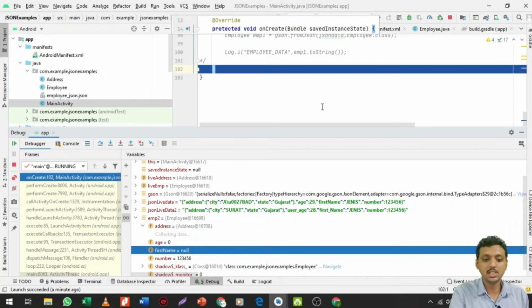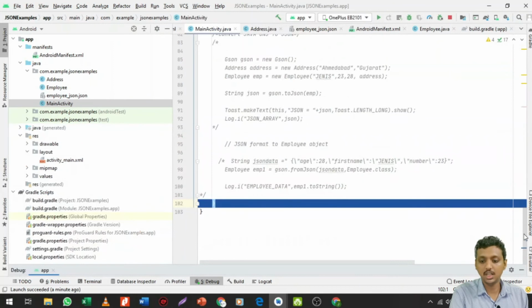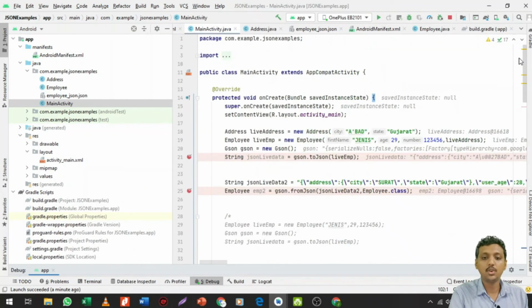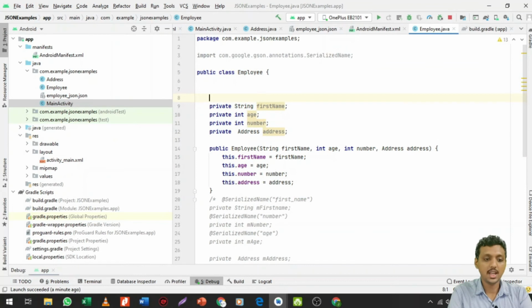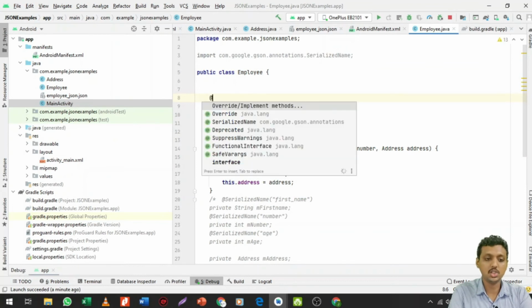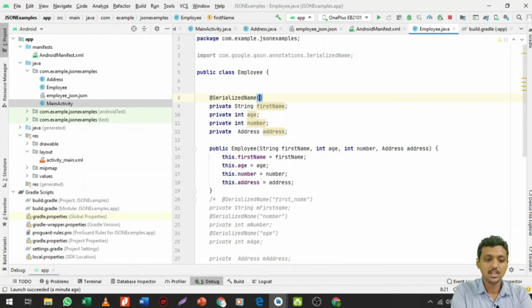See, usually this happens because the API developer can be different from the Android app developer. So what do you need to do here? You just need to go inside the employee class and use the annotation known as SerializedName, where you pass the JSON column name, first underscore name.